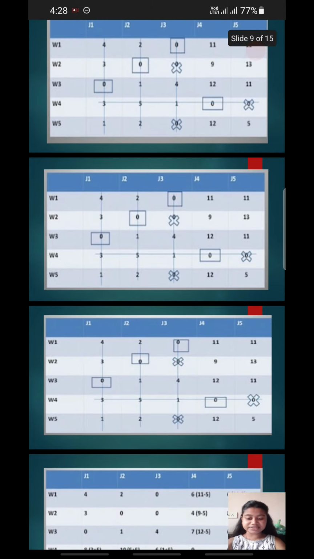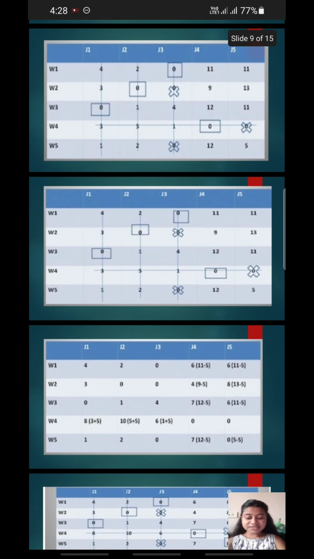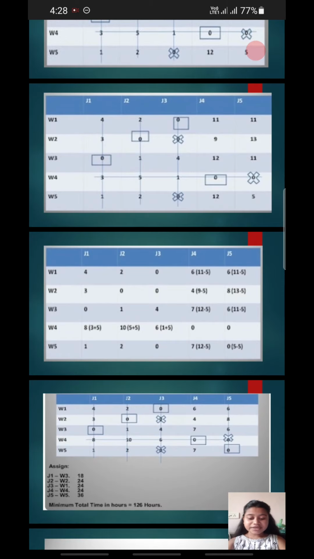Step 4: ensure that all 0s are covered with the minimum number of lines. Find the minimum element not covered by any line. For example, in this case 5 is the minimum element not covered by any line. Step 5: subtract this element from the elements not covered by the lines, and also add it to the elements at the intersections of the lines.